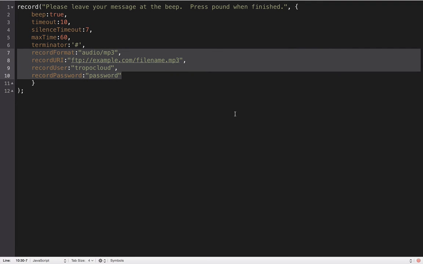Now perhaps instead of just playing the recording back to the caller, you want to take the resulting audio file and save it to a web server. This way you can retrieve it later on or use it for post-processing. The record format will tell Tropo how to save the file, in what format. In this case, we're going to save it as an MP3, but it could also be a WAV file or